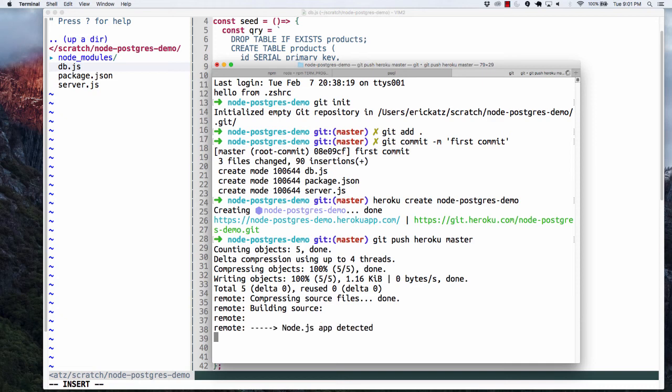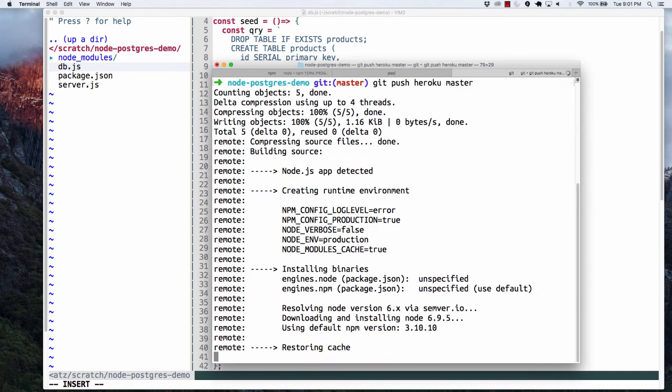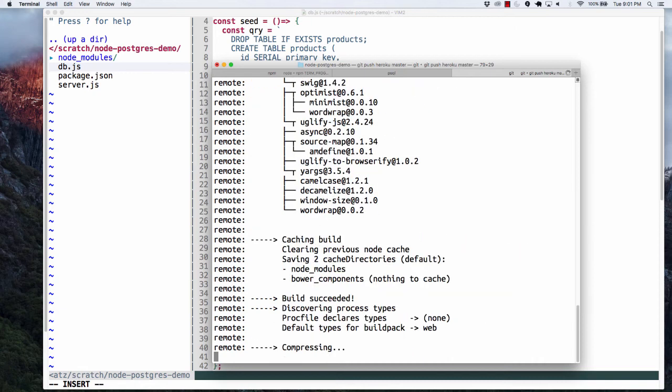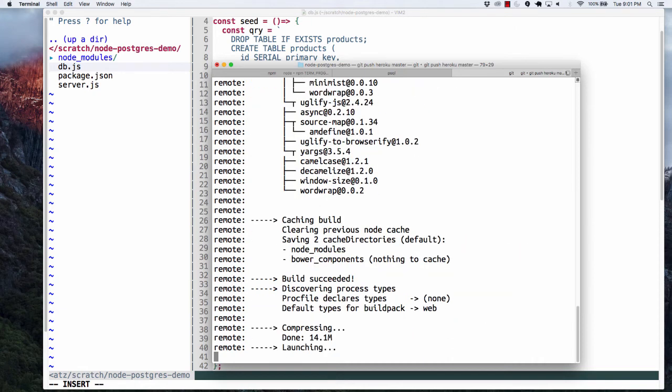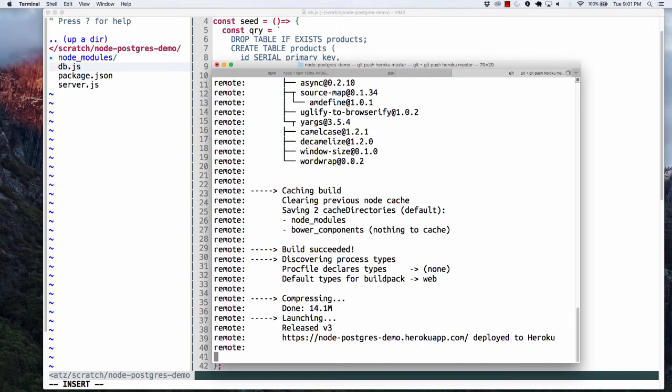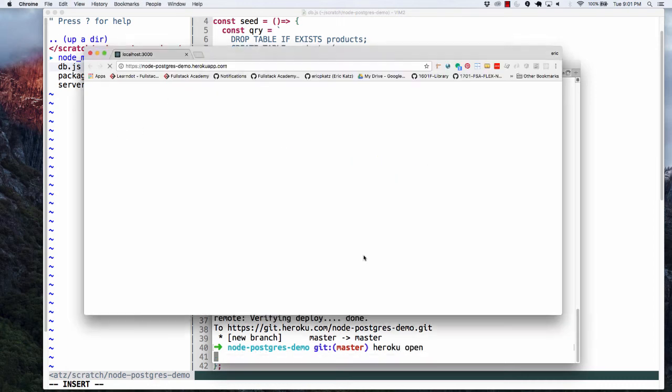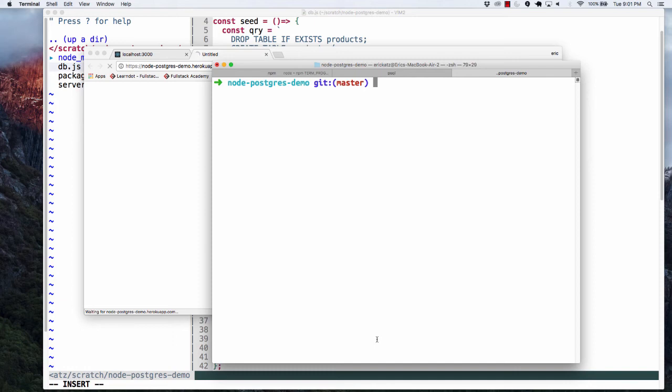Pushing this to Heroku this early on. Run some things. I'm going to go over here and say heroku open, or I could just go to this website, but this is just an easy command that'll actually open this up. And Heroku is going to be opened, and I'm going to be sitting here for a little while. And eventually I'm going to get an error message here. But what I want to show you is that if I end up going over here and I say heroku logs,